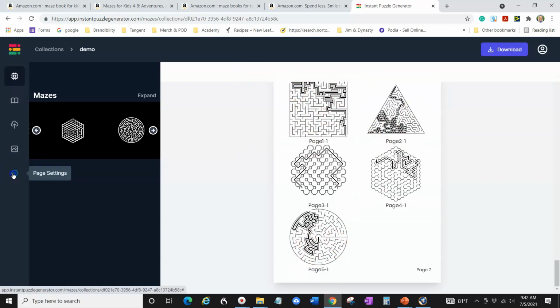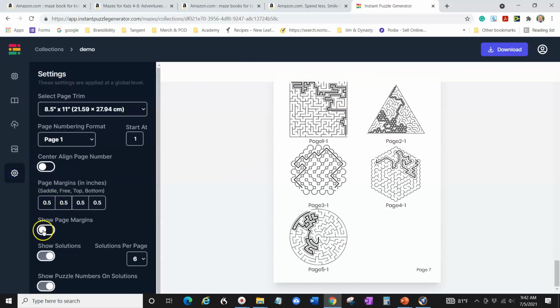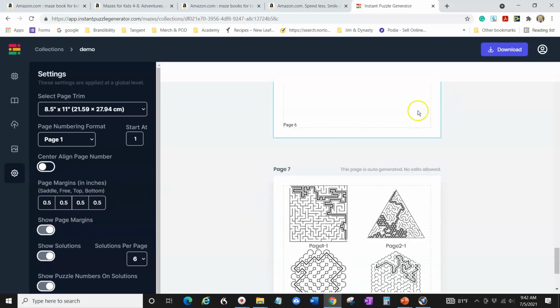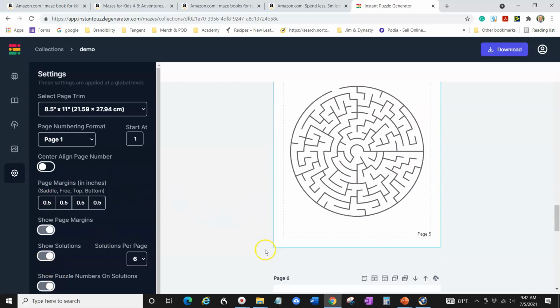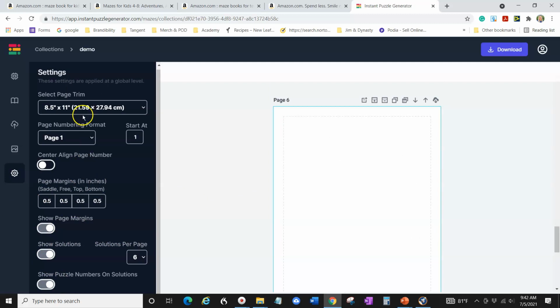And one of the things I like to do when I start this is I like to show my page margins. These are actually pretty big page margins, but that's good. You kind of want stuff away from the edges. This is more than enough for KDP, and I like to show that. But see, now you can see the page margins. It's probably really light on your screen. It's really light on my screen, but it gives me the idea where my page margins are. So that's good.